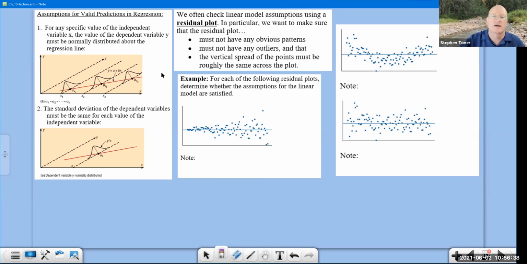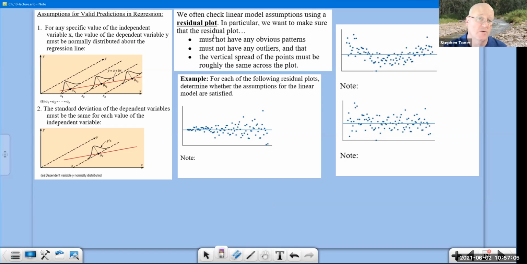You want them to be closely clustered and not as many further away. Second, the standard deviation must be the same in each of these pictures. That's why each of those little normal curves I've drawn needs to have about the same height and width. Okay, what we do when we're checking a residual analysis and how good our assumptions are for making predictions,